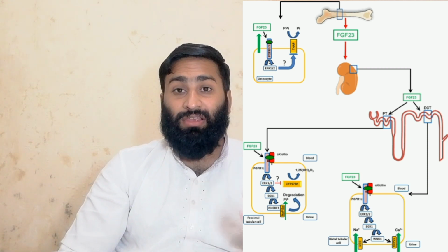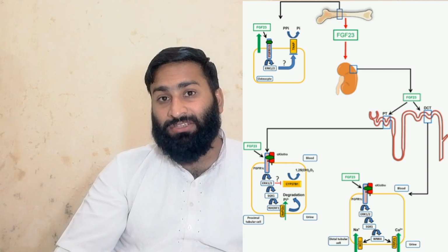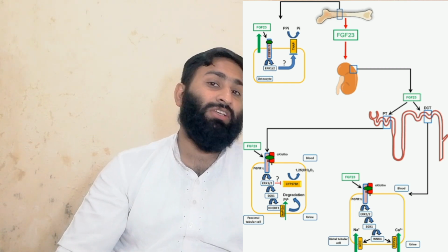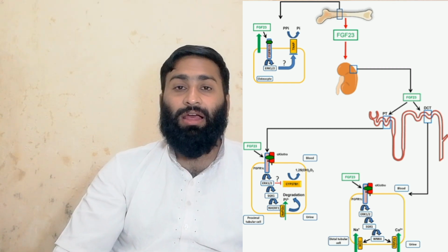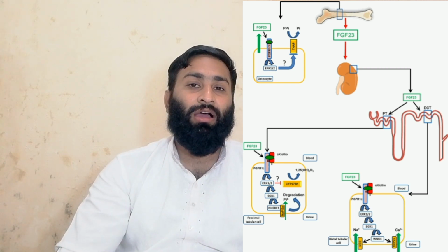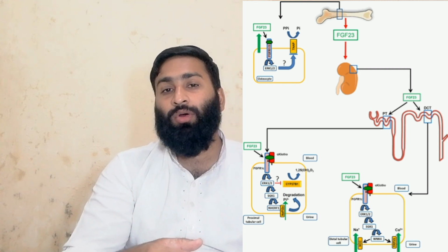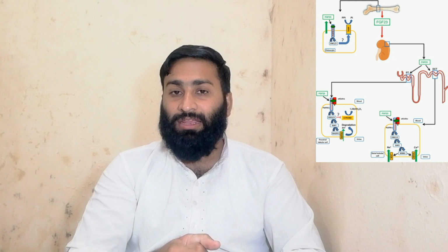Calcium is very important for your life, because of muscle contraction, exocytosis, endocytosis, and a lot more things like deposition in the bones for formation, so there is more calcium as compared to the phosphate. But remember, calcium is very important for muscle contraction. Phosphate is also important, but the increase of the phosphate is known as